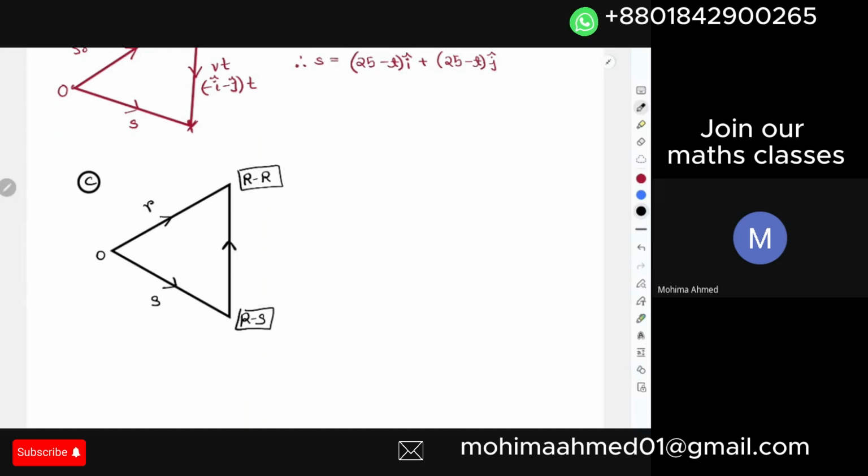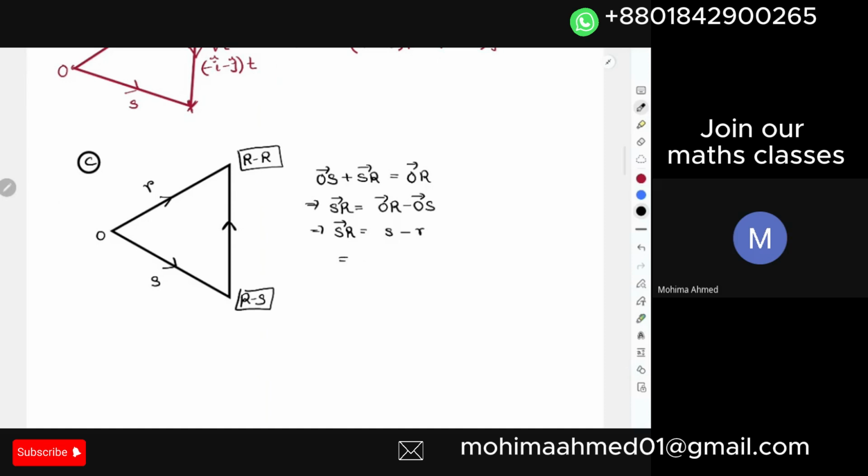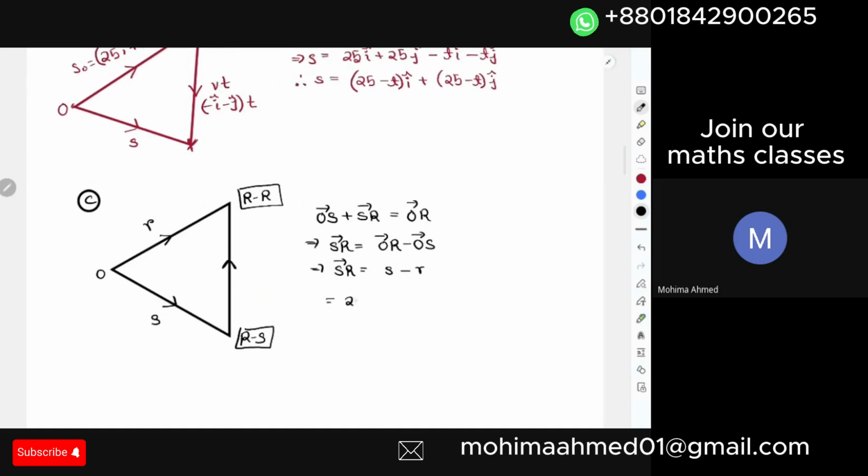So this is how the direction will be. I can clearly understand that over here, we have OS and SR in the same direction and OR in the opposite direction. So we can write OS plus SR equals OR. So if I want to write an expression for SR, it's just going to be OR minus OS. So we write this as R minus S, which we calculated in the previous part. If you include the expressions, we have 25 minus ti, then again 25 minus tj,